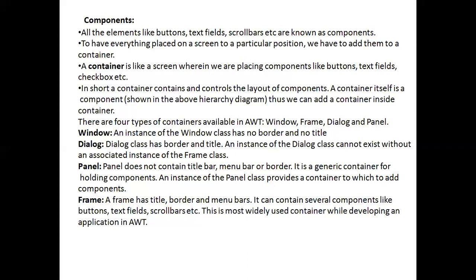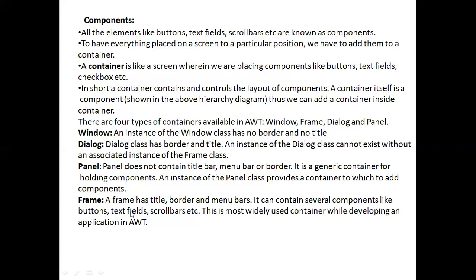Coming to the Panel, it does not contain a title bar, menu bar or border. It is a general container for holding components, just like a plain container. An instance of the Panel class provides a container to which we can add components.